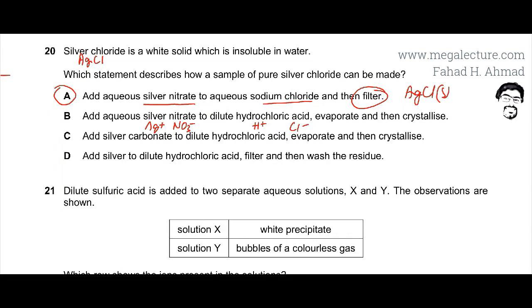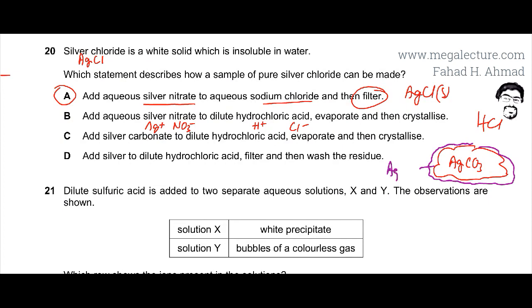Option number C is also incorrect because reacting a carbonate with hydrochloric acid is going to produce a reaction. Salt, water and CO2 would be produced, but the salt is going to be AgCl. It's insoluble, so you can't evaporate and crystallize. And this reaction would not occur properly because silver carbonate is a solid. So if you have Ag2CO3 solid and it reacts with HCl, the salt that would be produced is going to be AgCl. Now that AgCl is quickly going to form a layer on top of the silver carbonate, and